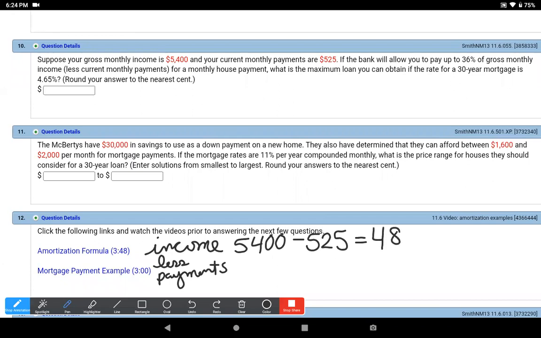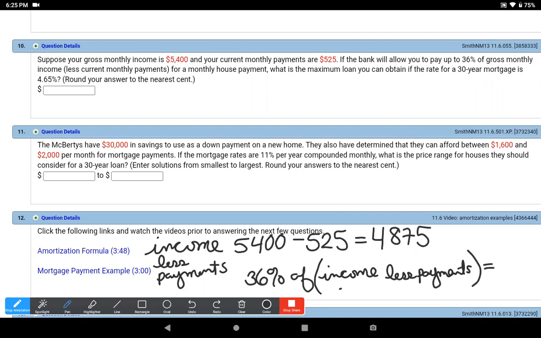So I'm going to try this and see if I do get the answer I'm expecting. So income less payments for the month would be this amount of income then that they would allow us to take 36% of, right? So I'm interpreting it this time as 36% of income less that payment thing that we have there,